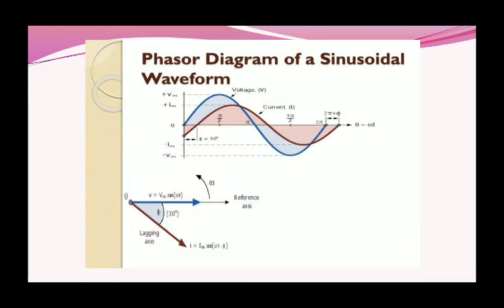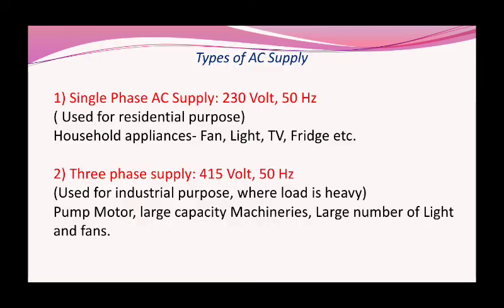So for phasor representation, generally we consider two things. One thing is its magnitude. If the magnitude is more, the arrow length will be longer. Then the second point, position of the phasor. If the waveform starts from 0 degree, then we show it on the x-axis. If the waveform is late, meaning it starts after 30 degrees, then we show it below the x-axis. So this is the main thing to be considered for phasor representation.